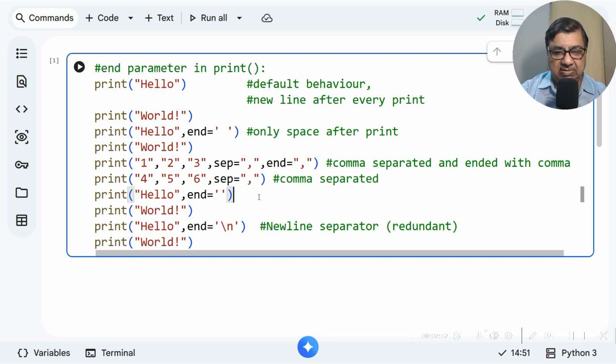Since we gave a null character in the end, there will be no end character. So I can also write null end character. That means hello and world will come just next to each other.